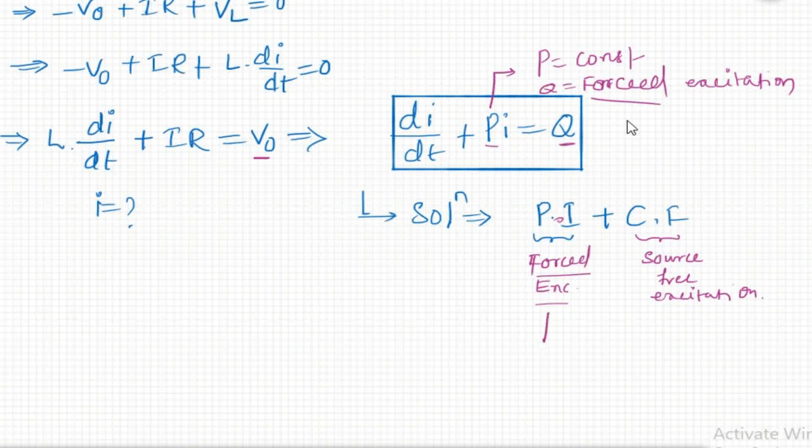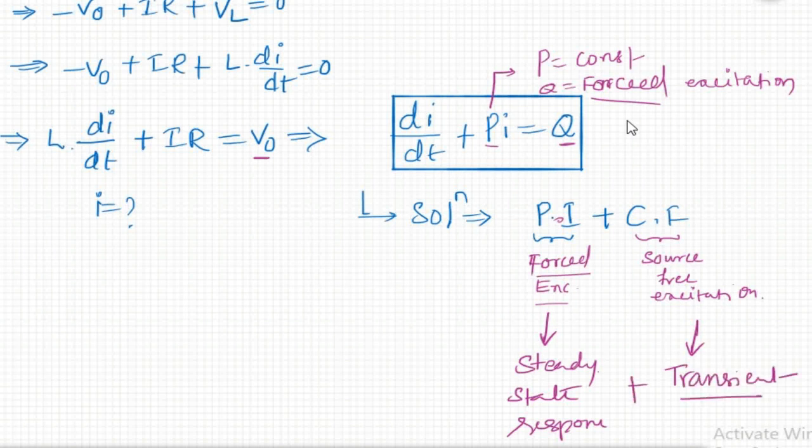In simple terms, the particular integration is the steady state response, and the complementary function is the transient response. So here we are going to find the transient response in addition to the steady state response to get the solution of our differential equation. This is a simple explanation about transients, and in the next class we are going to see the transient response in RL and RC circuits, with source free behavior and with DC excitation, so that you will understand it clearly. Don't confuse here, we will get some differential equations and solve them using differential equation concepts.